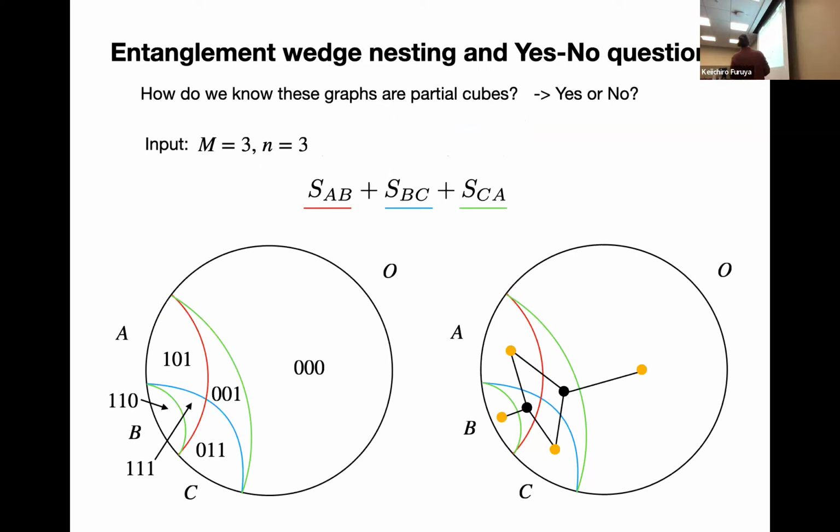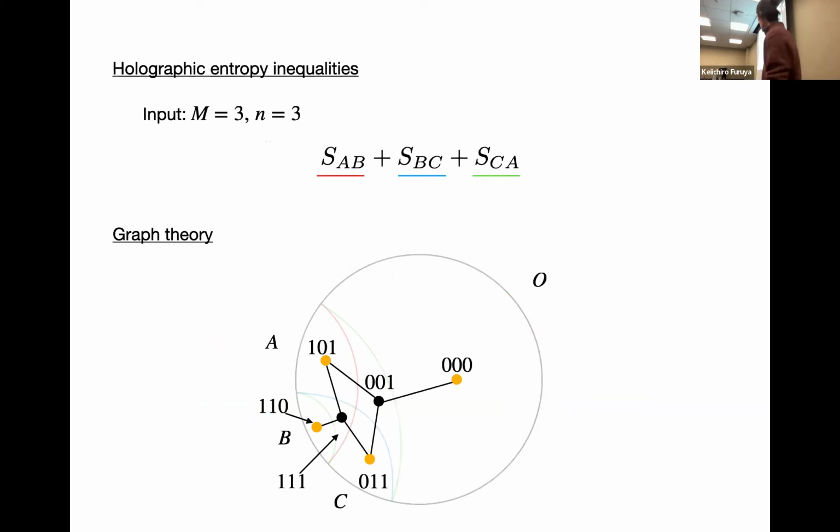So each bulk subregion can be characterized as a vertex of the graph with a bit string. Because you encoded each bulk subregion into a vertex, you can label the vertex with these bit strings. It means that the graph that corresponds to the bulk configuration is a partial cube. So if you have a convex composition, then any instance of the graph associated with the constant time slice partitioned by the RT surfaces should be a partial cube.